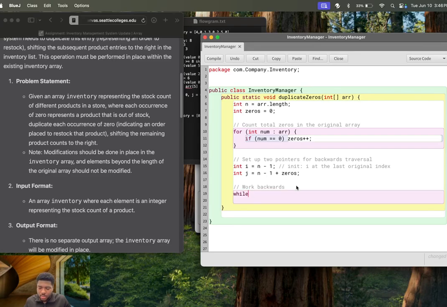I'm gonna say while i less than j, and it's i less than j because it stops if they are pointing to the same index. Essentially, if pointer i and j are pointing to the same index, it just stops. So while i is less than j, I'm gonna say